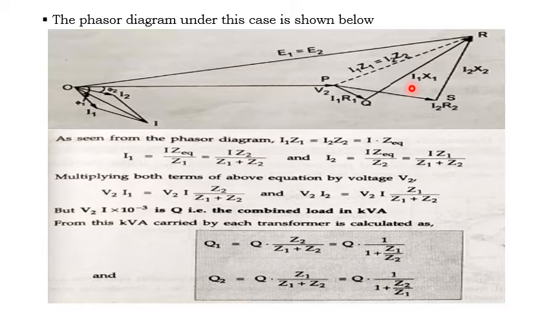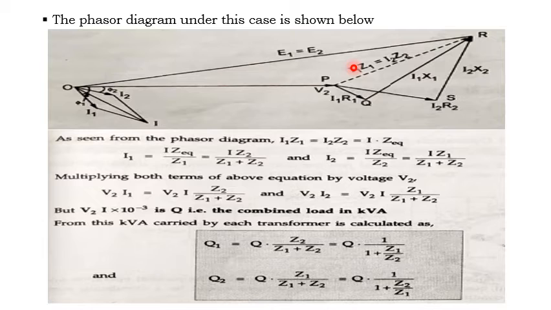This voltage leads the I1 current by exactly 90 degrees, since this is a pure inductive circuit. So you draw it at 90 degrees with this current I1; instead of drawing it here, I draw it from here only. So this is the I1 into X1 phasor. Then the total voltage drop will be from here to here, which is nothing but I1 into Z1. This is for transformer A.